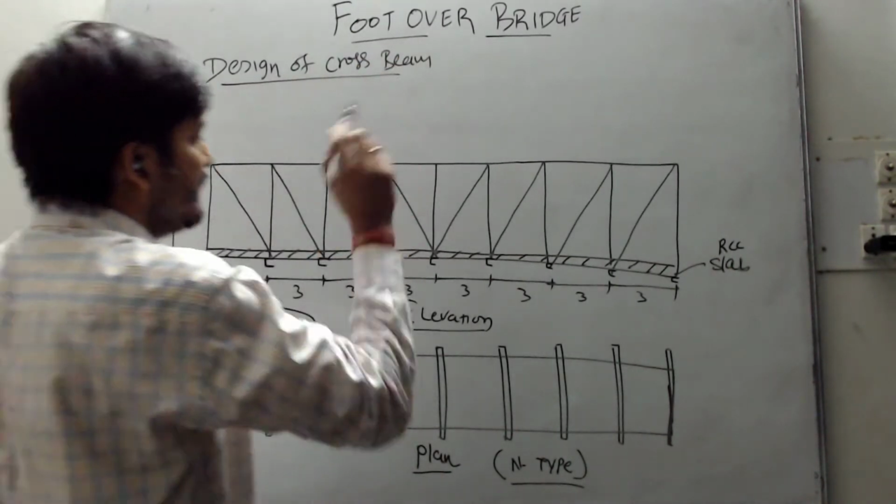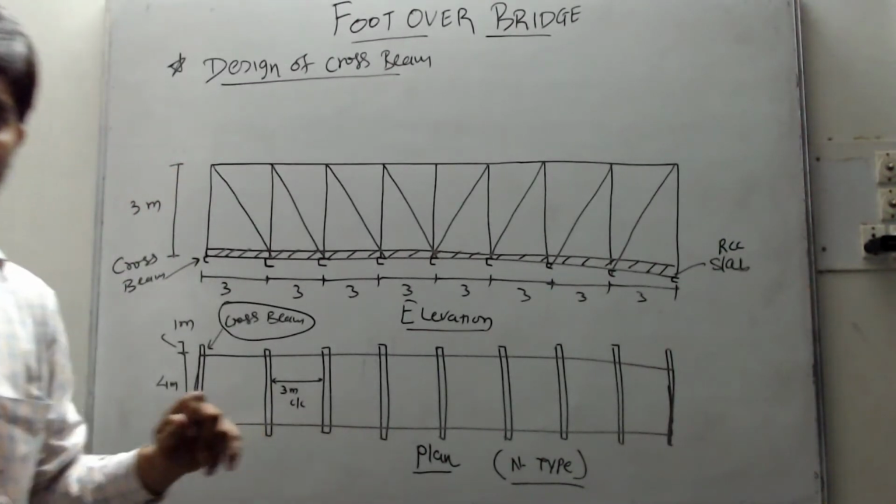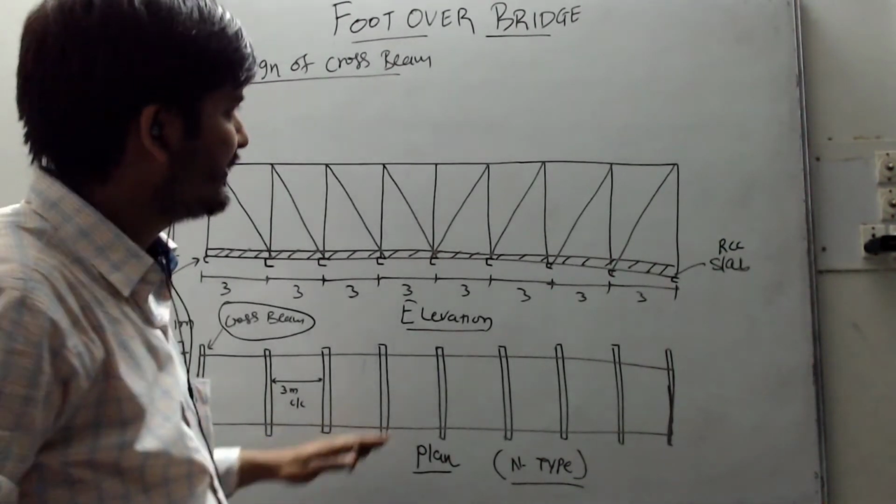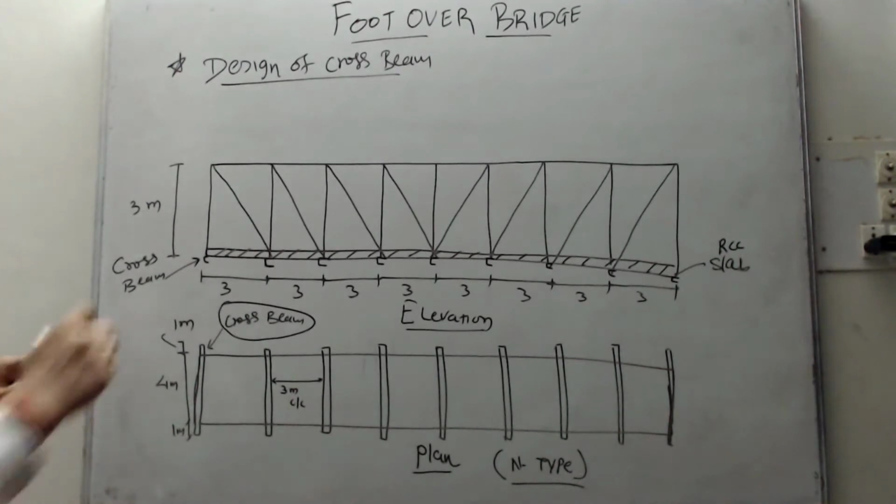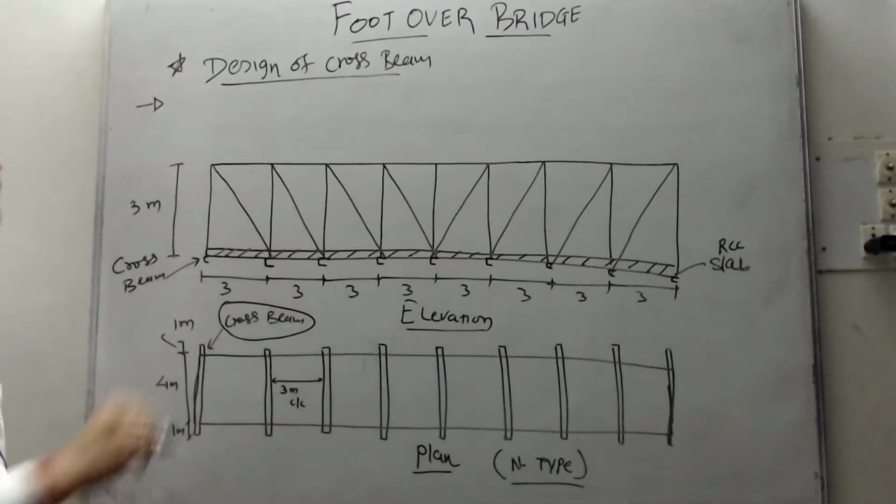So this is the figure that we are referring to. I am keeping it as it is just for your reference, right? So it will be easier for you to understand. Design of a cross beam. So first we need to find out loads that are acting on my cross beam. So first load will be coming from the slab, that is dead load due to slab.